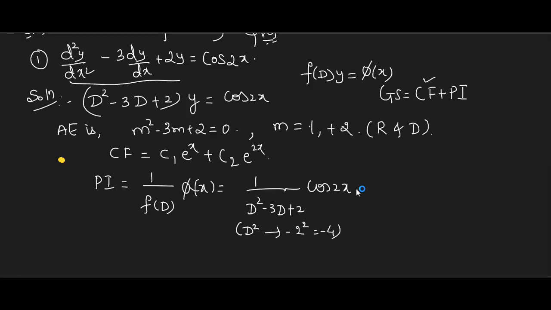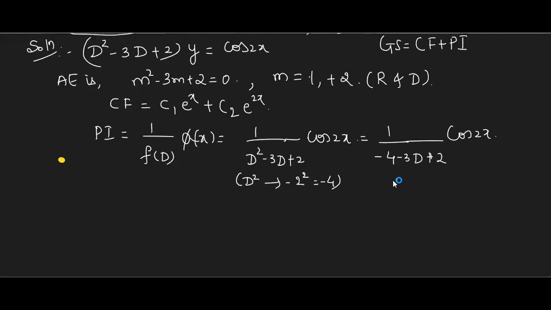Now, suppose you have only D square and a constant term, then you can check whether it becomes 0 or not. Why did I not check here? Because I know that there is a D term which is to be retained as it is. Am I right? So is it going to be 0? Never, if you replace only D square. So I did not check. Suppose you have only D square and a constant term, you can check whether it becomes 0 or not. Replace it. D square is what? Minus 4 minus 3D plus 2. Correct? Other terms should be kept as they are. Okay, only replace D square.